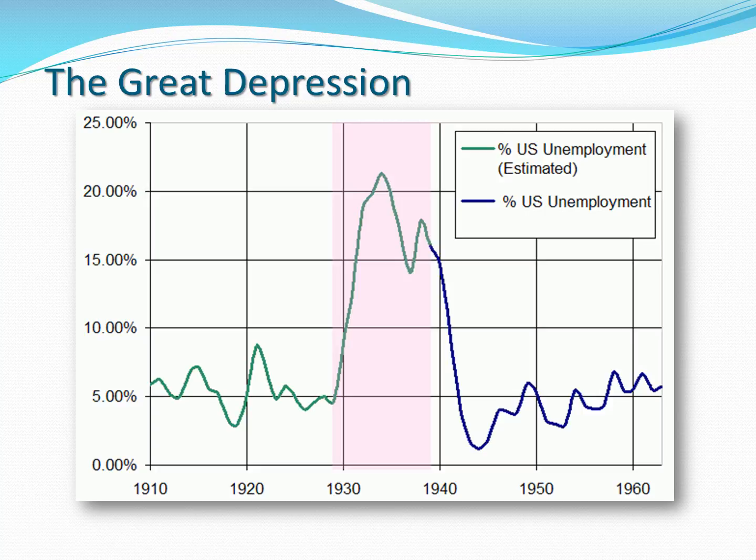So here we see the unemployment rates in the Great Depression. Starting in 1929, we see how rapidly unemployment increases, reaching a peak of a little over 20%. 1933 and 1934 were the depths of the depression. There was some recovery after that, but then it came back, and we didn't get below 10% until after the World War had started.